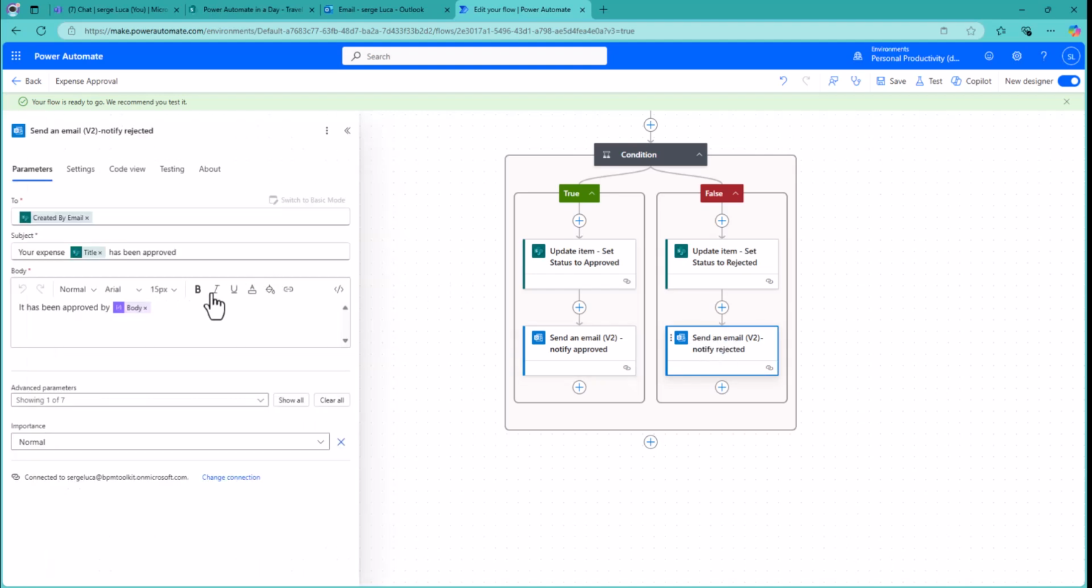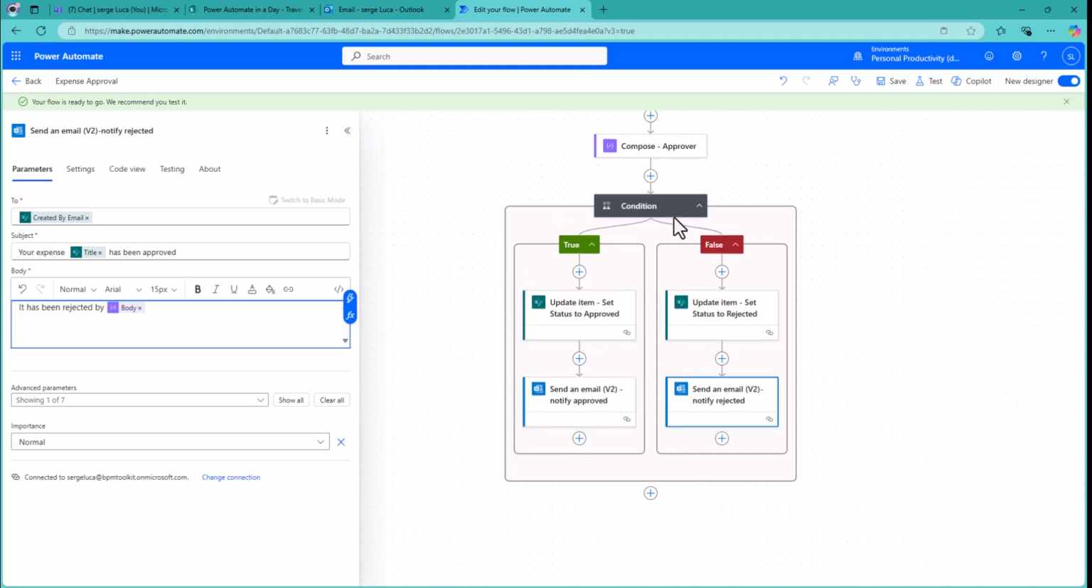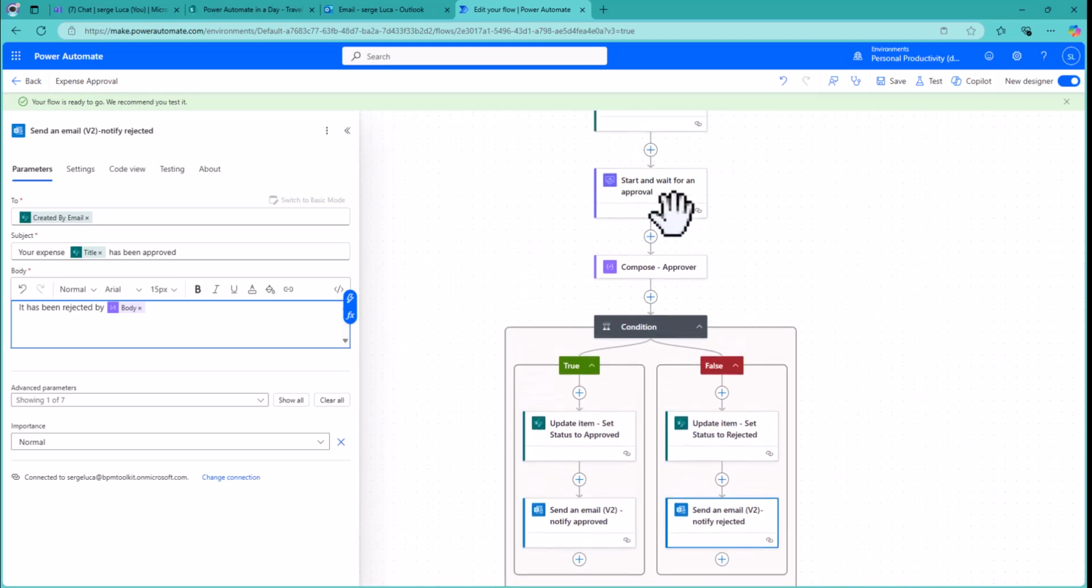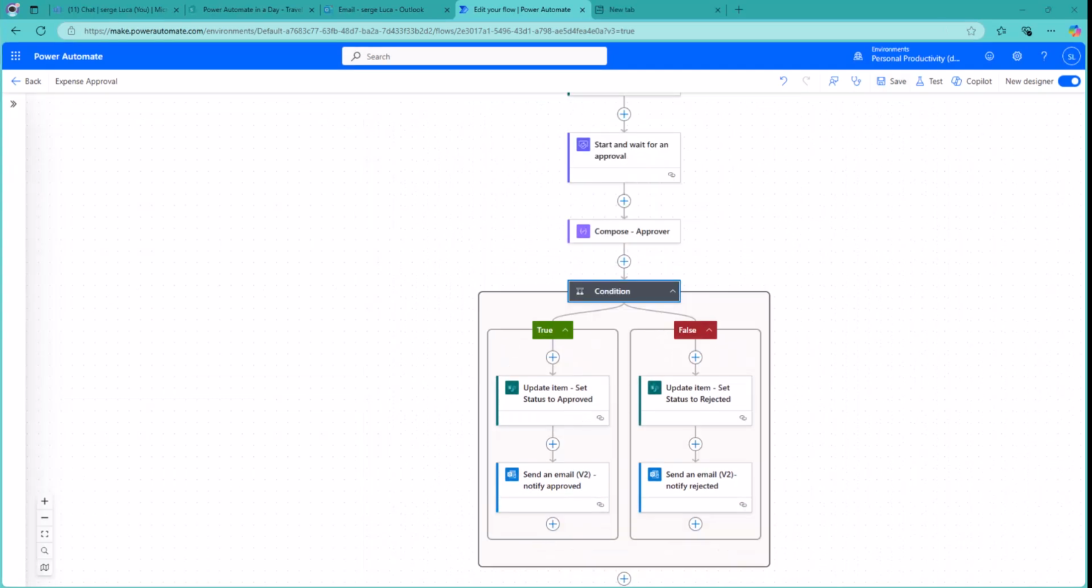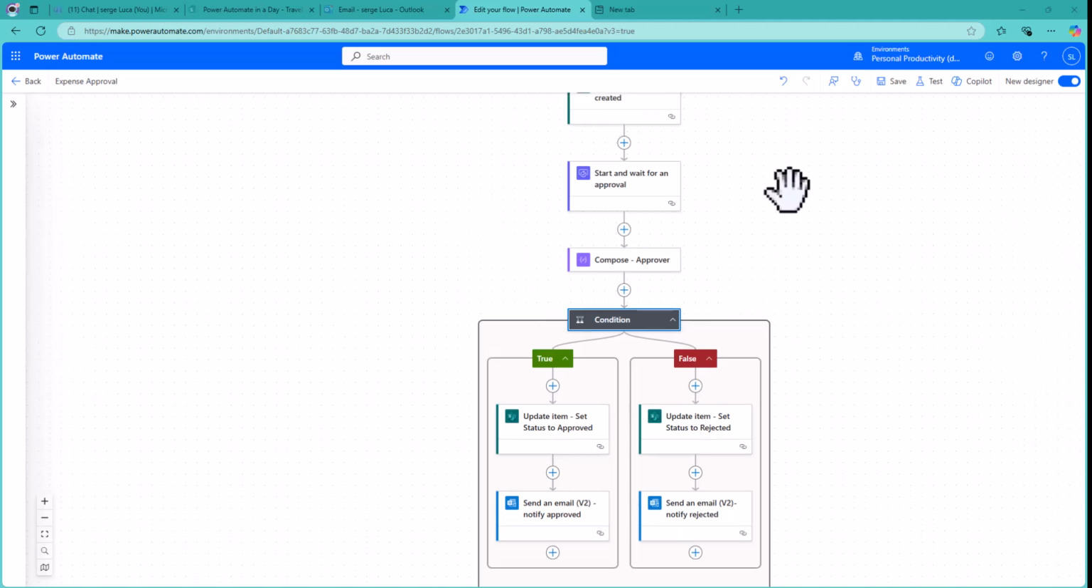Like this. It has been rejected by, okay. Okay, now let's improve